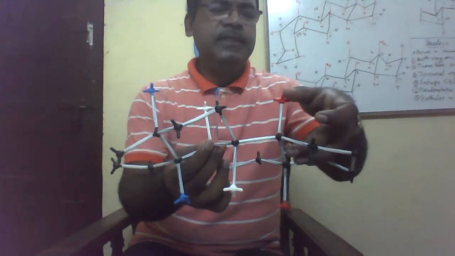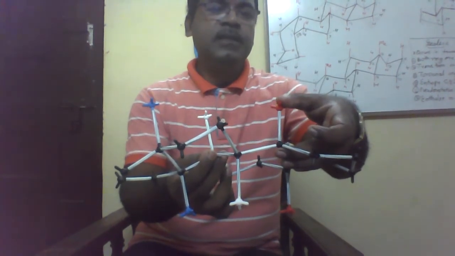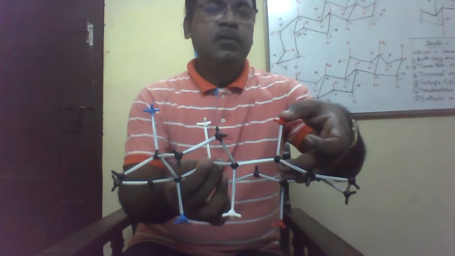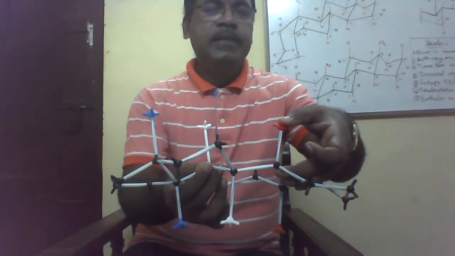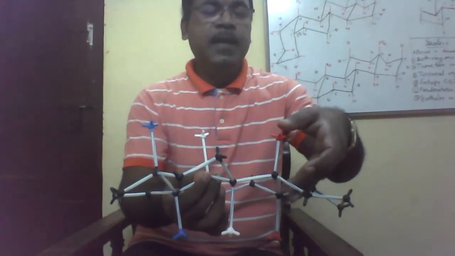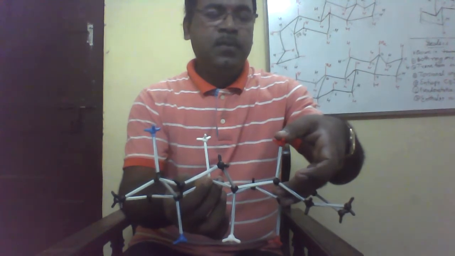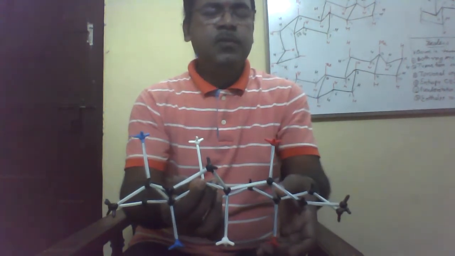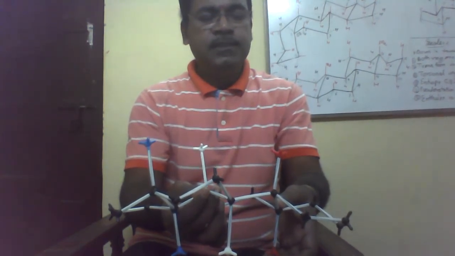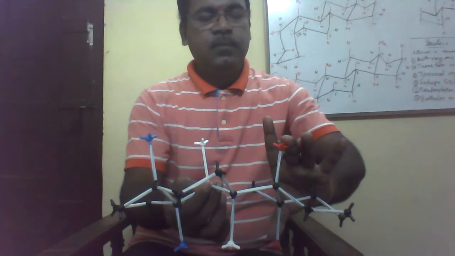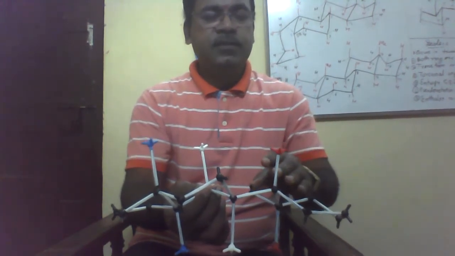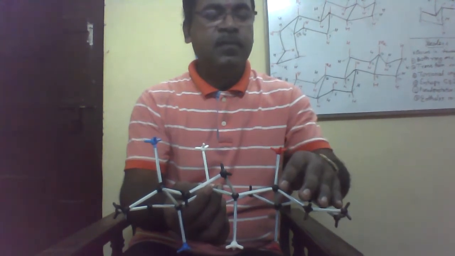Now see this carbon hydrogen bond. Suppose we are considering the angular hydrogen. So this CH bond is axial. What is axial? It is parallel to the vertical axis. If we draw the vertical axis, it is parallel vertically, and this is also vertically placed. This is also parallel to the vertical axis. Means both these CH groups are on opposite sides, means they are trans with each other. So these two are trans with each other.